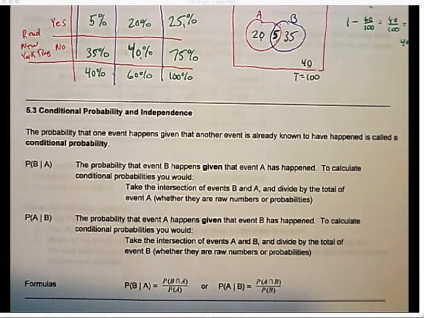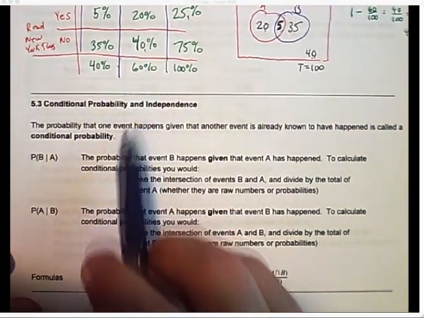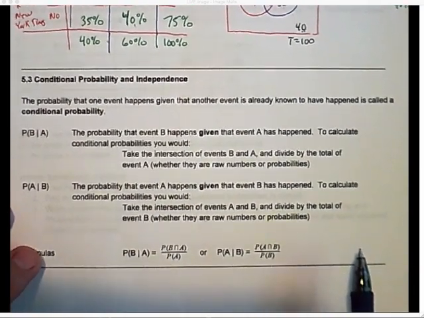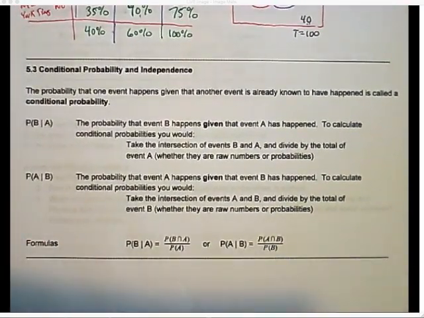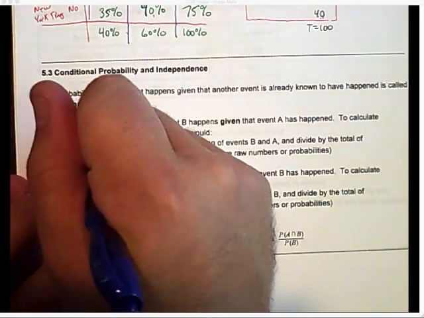This is section 5.3, conditional probability and independence. All right, so it says the probability that one event happens given that another event is already known to have happened is called a conditional probability. So when we see this notation,